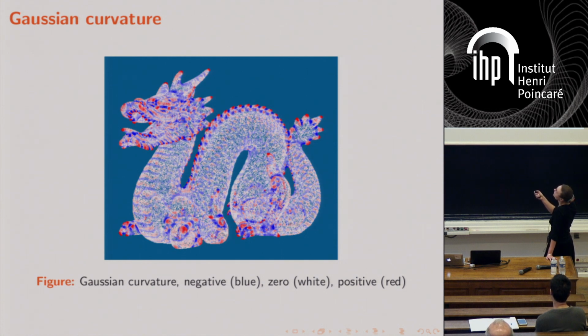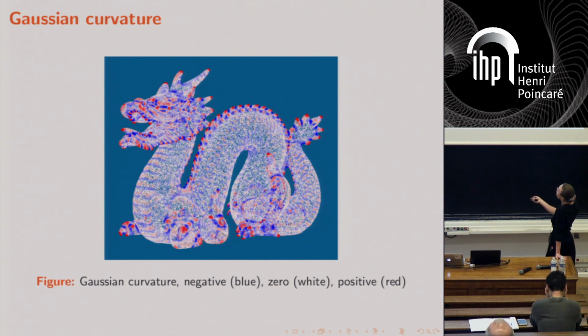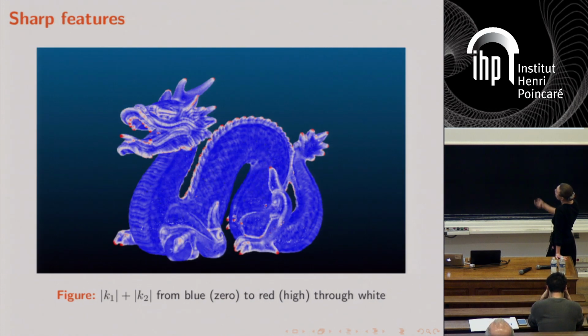I can show you the ugly formula afterwards if you ask me, but I won't if you don't. It's ugly, but it's not more difficult. It's the same approach. You make some computation with the regularization kernel in the neighborhoods of your point, with mass and tangent information, nothing more. So you can compute Gaussian curvature. You can compute the absolute sum of the principal curvatures, to try to detect